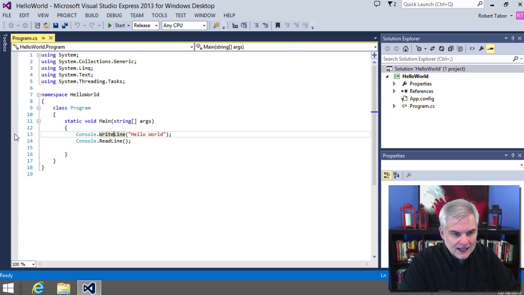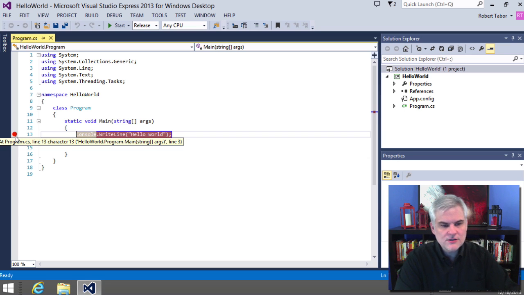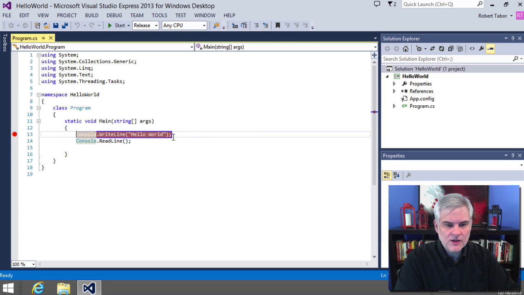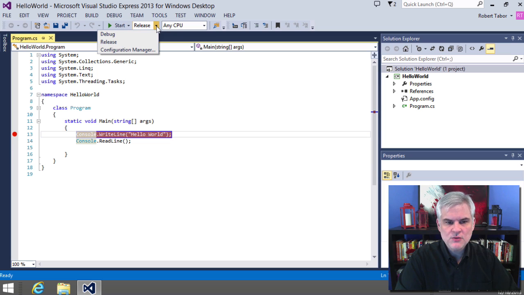in the gray column, along this line of code, Console.WriteLine, I'm just going to click, and you'll notice when I do that, it creates this red dot, and then it highlights the entire line of code in a red highlight. And if you've followed along this series, there's a chance that we were still in release configuration. What we want to do is change that to the debug configuration for this project. So make sure you change this back before you hit the start button on the toolbar,